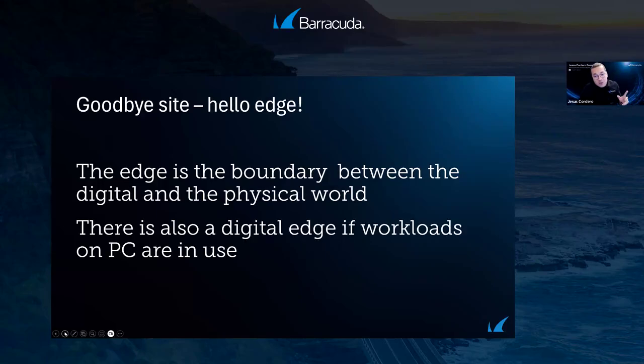And there is also a digital edge in case you are connecting everything together. You are not going from a firewall to get access to everything that is behind. No, this is a single, intelligent point of entry that routes you to everything.